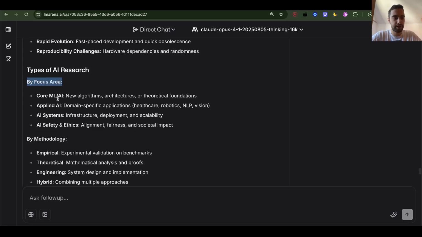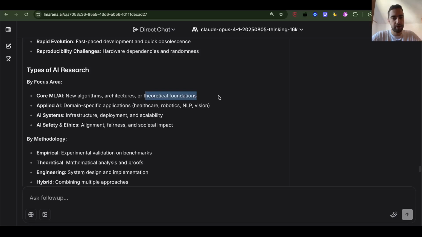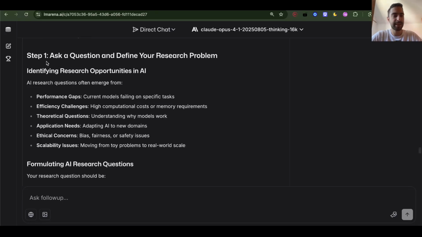By focus area, they are divided in core AI ML, new algorithms, architectures, or theoretical foundations. And then application in healthcare, robotics, NLP, vision. Infrastructure, deployment, scalability, and safety, alignment, fairness, societal impact. Step 1. Ask a question and define your research problem. Identifying research opportunities in AI. AI research questions often emerge from performance gaps, current methods failing on specific tasks, efficiency challenges, high computational costs or